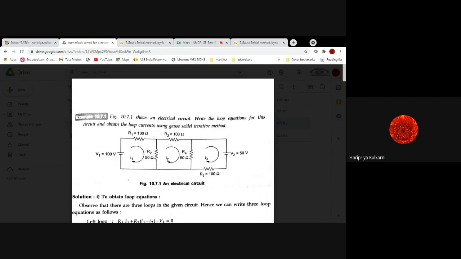So we can apply the KCL, sorry, KVL, and find out the equation in loop 1. We are considering that I1 is the current in the first loop, I2 is in the second loop, and I3 is the current in the third loop. Now we can apply the KVL. We find the voltage across resistance R1, which is I1 R1, plus the voltage across resistance R2. Here I1 is downward, I2 is upward, so the effective current will be I1 minus I2, into R2, plus 100 volt equal to 0. This will be the equation for the first loop. Similarly, we will find the equation for loop 2 and loop 3.